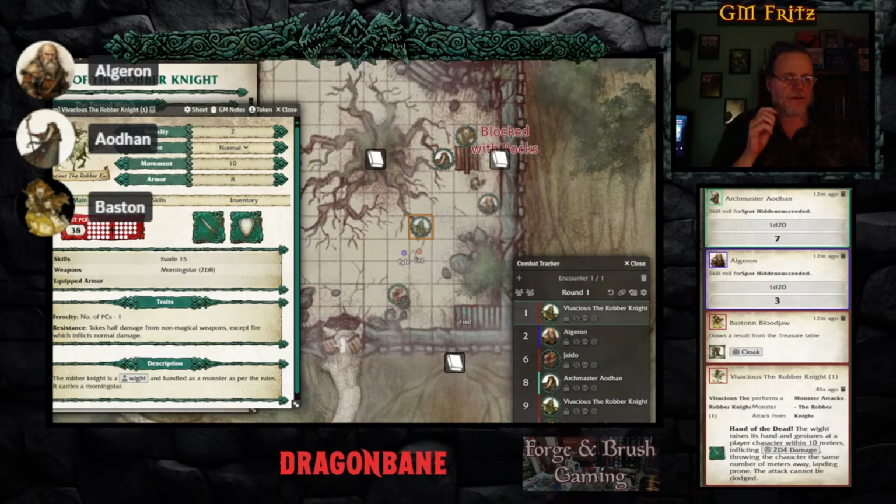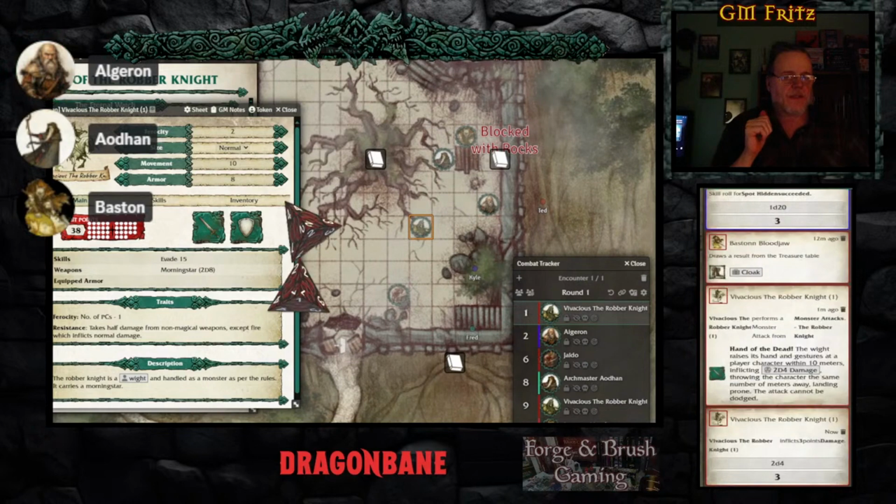For one particular reason. His hand raises towards you as you speak to him, Algaron, and you suddenly feel a wave of undeath hit your body, throwing the character the same number of meters away, landing prone. You can dodge this attack. You can't parry it. Oh, sorry, the attack cannot be dodged. So I've got to take it. 2d4, that's the distance, and the damage. You're going to take 3 points of...